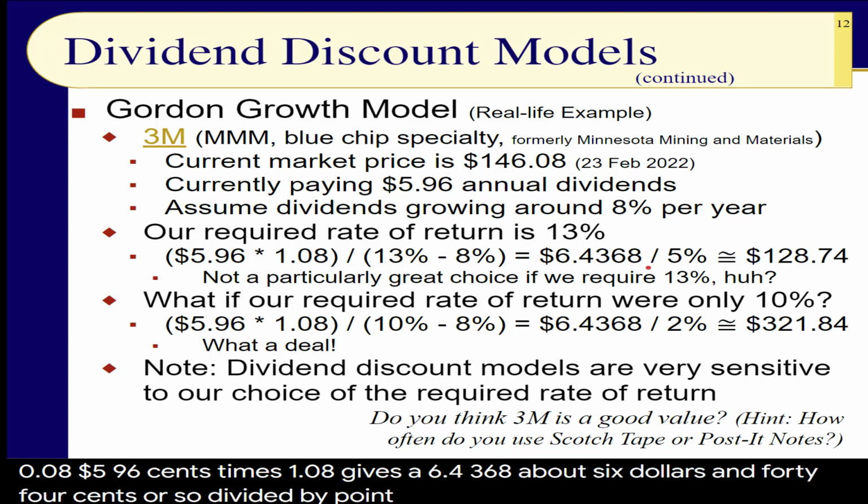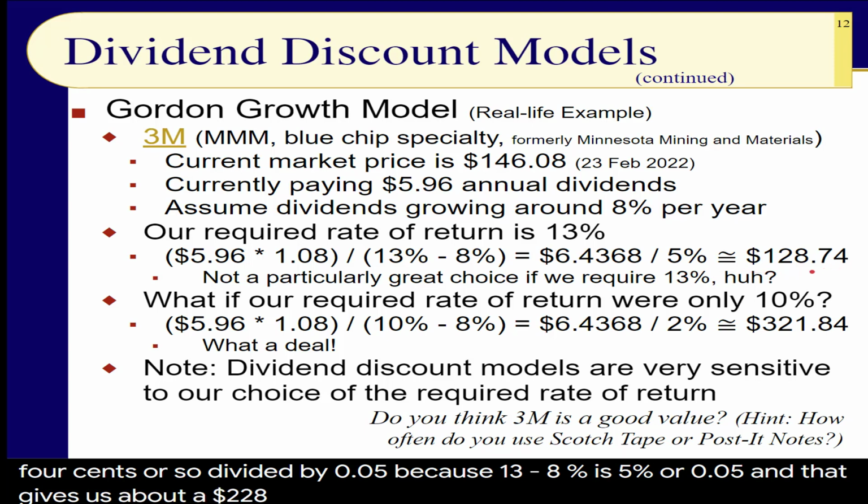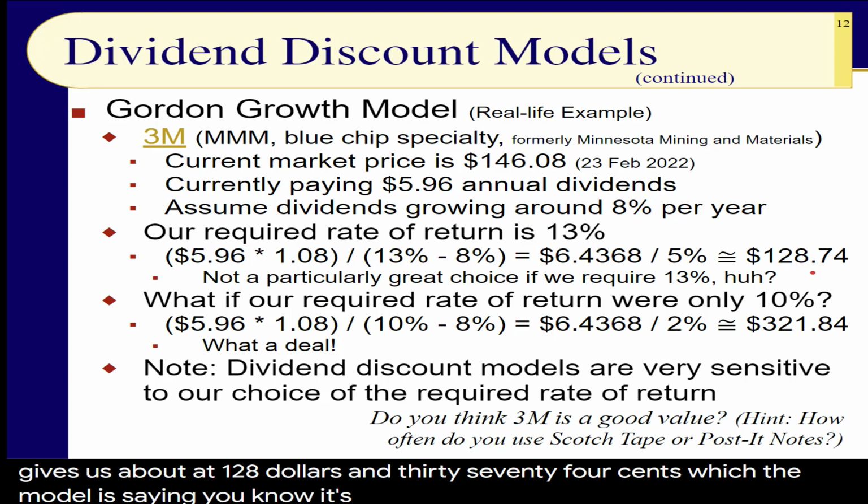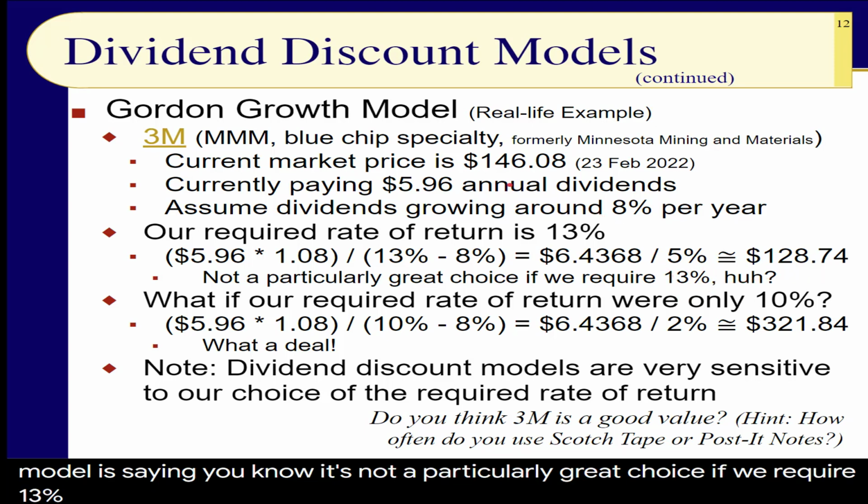Divided by 0.05, because 13 minus 8% is 5% or 0.05, and that gives us about $128.74, which the model is saying is not a particularly great choice if we require 13%, because it's selling for $146. We believe at 13%, it's only worth